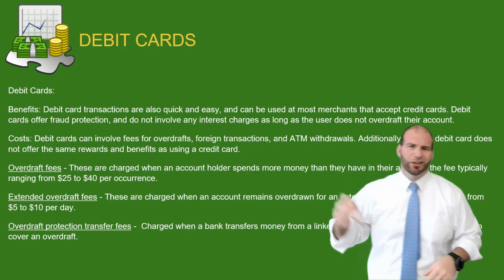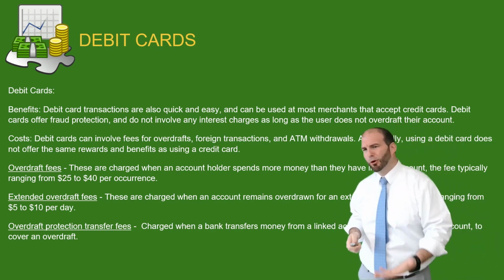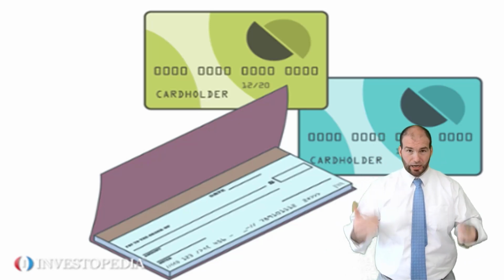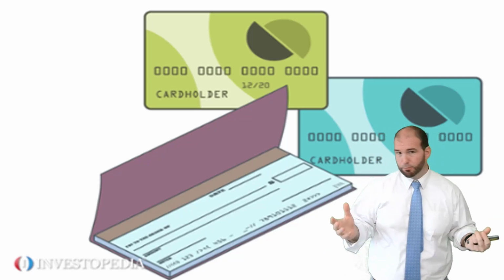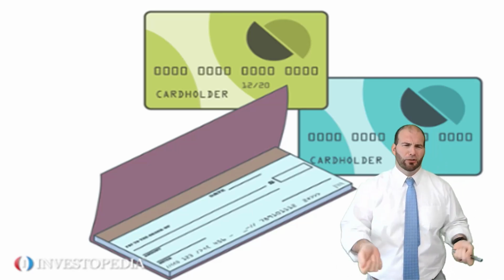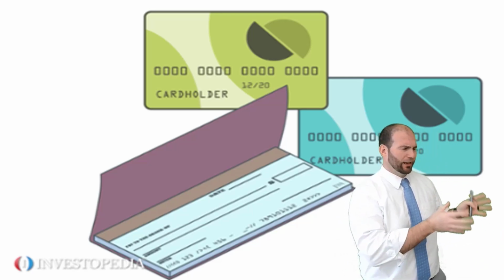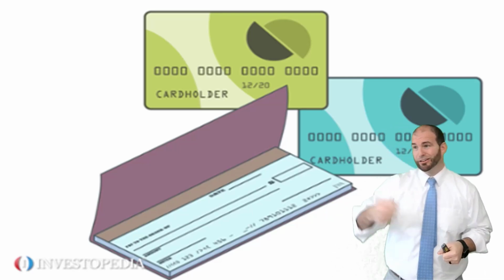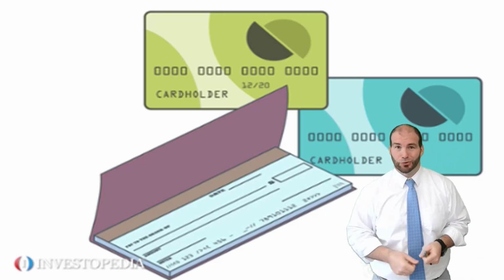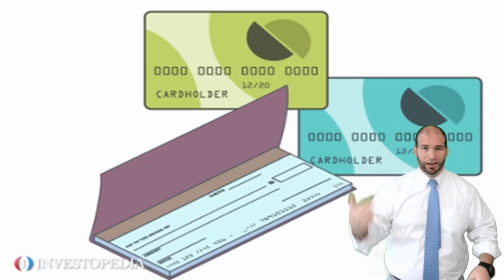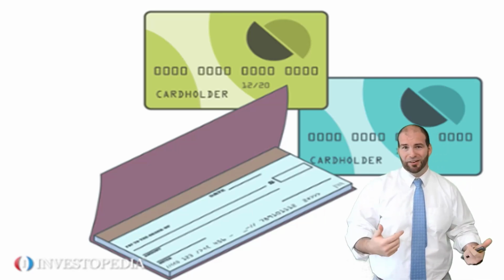All right, let's talk about debit cards and the pros and cons of using them. If you have a checking account, which most people do or will, it's called that because you have money set aside in a bank account. To get to that money, it used to be you'd write a check and give it to the grocery store. They give you your groceries, they deposit that check, it takes a couple of days, and it comes out of your bank and goes into the grocery store's bank.